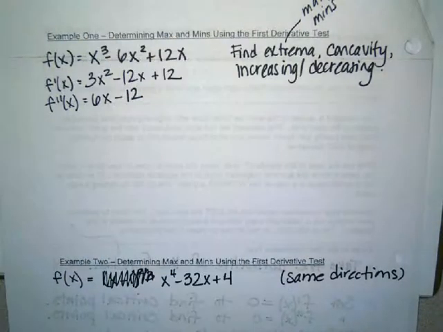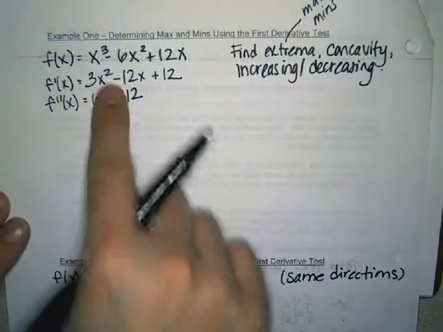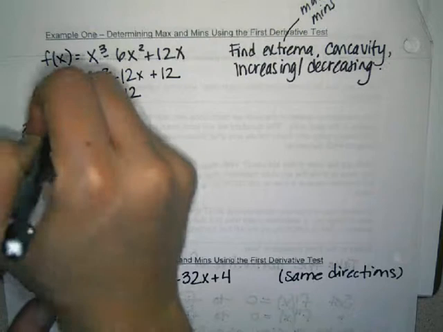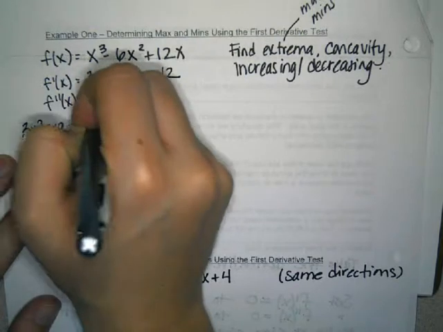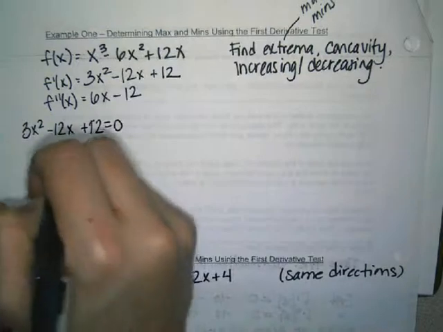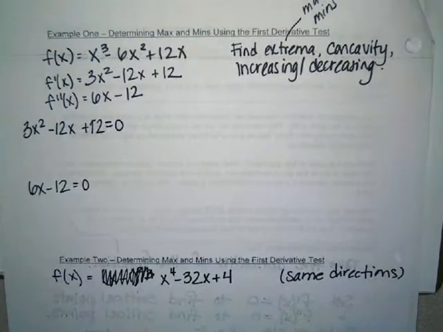Okay. Then we're going to set each of these functions equal to 0 to find my critical values. The critical values just mean something important is happening there, where my derivative is 0 and where my second derivative is 0. If you recall when we were doing the derivative graphs before in the last unit,